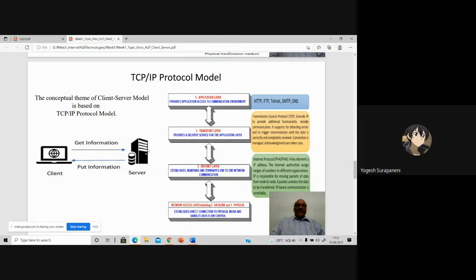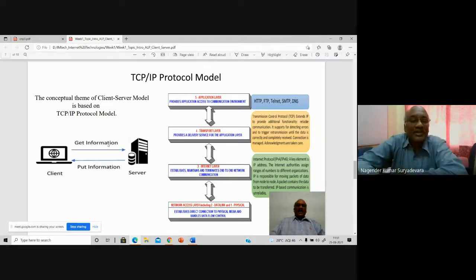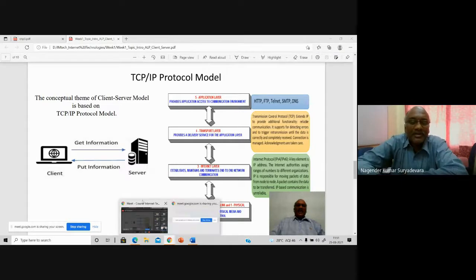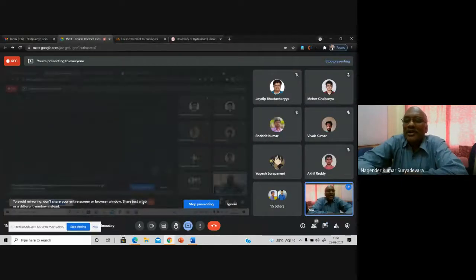Web server, mail server. Who is giving this answer? One by one, not only very few. I am hearing Joydeep, Meher Chaitanya, and Fahiuddin. Okay, 4 or 5 people are only giving. What about others? Please respond. I want to hear from others. Give me as many examples of servers as you can.